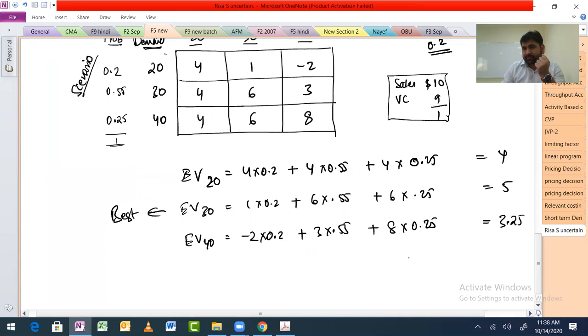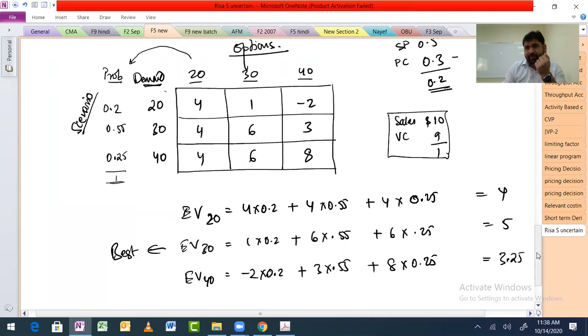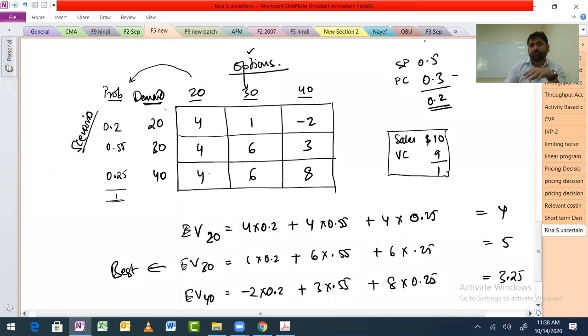Mathematical way, sorry. If you have to take a decision, for example, if I give you this whole chart, 4 4 4 1 6 6 2 1 3 8, which method will you choose? The most logical, rational way is what we are doing. We are doing an average and we are taking the decision on the basis of that. But see, the problem here is this.